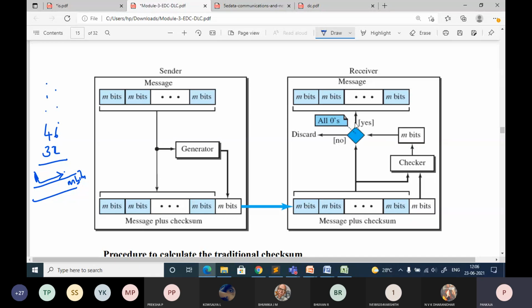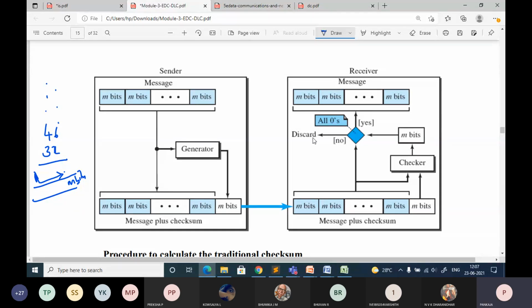If these m bits are other than 0, then it indicates that there is an error in the received data, and it is discarded.